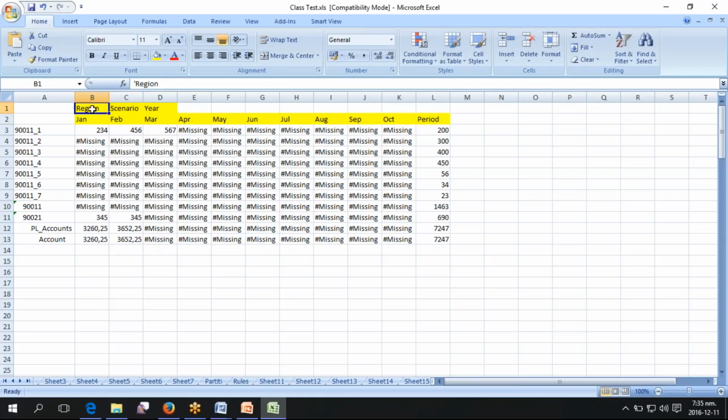Let's say, for example, region is a dimension. Region is simply the geographical location of your business. Let's say a company is doing business in different countries: in the US, similarly in the Indian region, or in the African region. So the requirement is that we should have a system which would support multiple regions